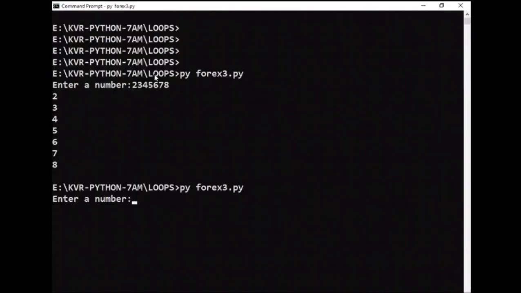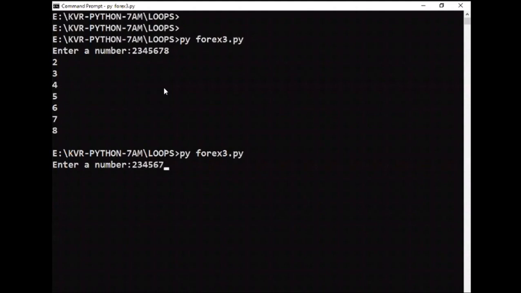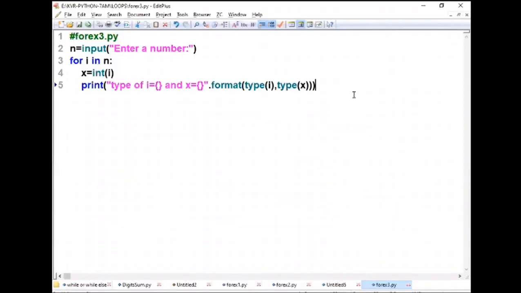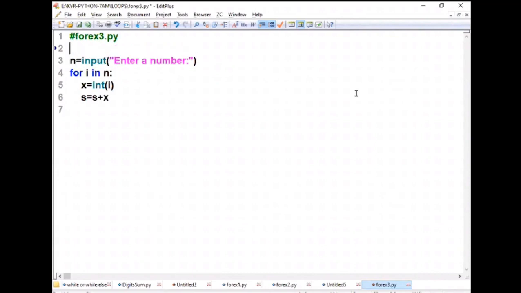Go there, enter a number 2, 3, 4, 5, 6, 7. See that what is coming? Type of i is called what? x type is what? Converted str into int. Every time converting or not? What a beautiful example. This type of R&D is required in your programming. Okay, s is equal to s plus x. I say accumulate what value? 0. s is equal to s plus x. Enough. What will I write here? Come on, print sum